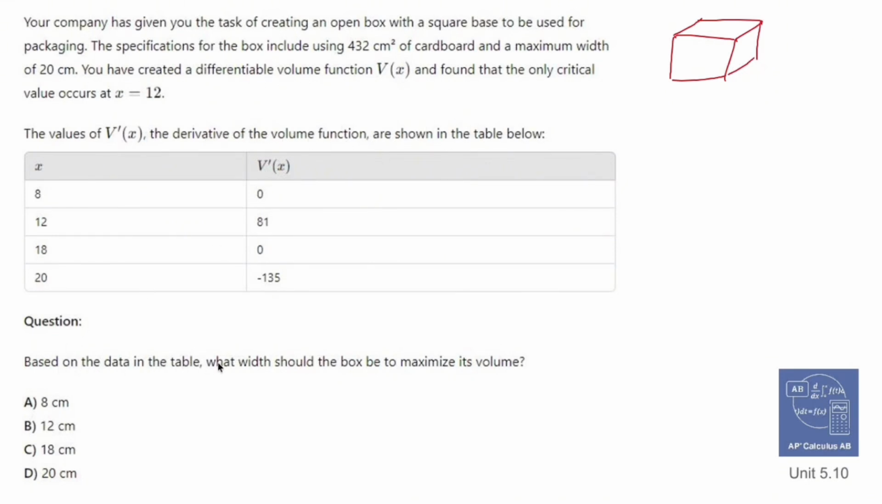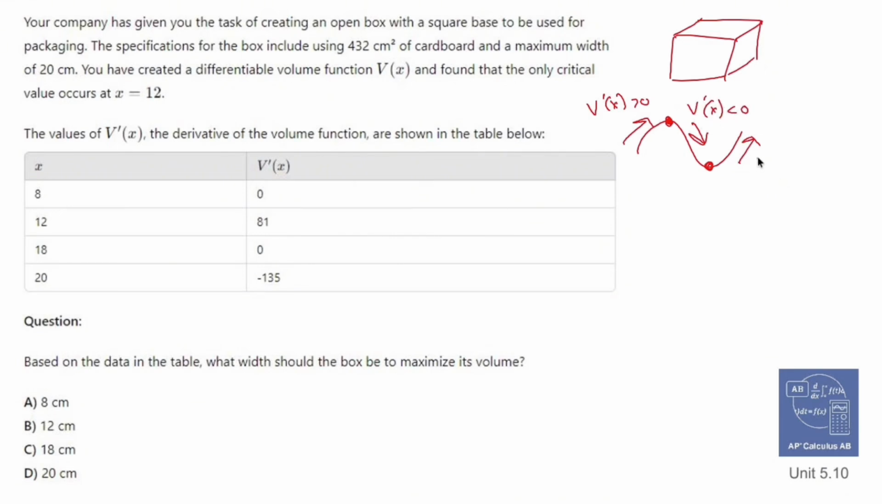Based on the data in the table, what width should be used to maximize the volume? Now, whenever you're looking for maximums and minimums, in this case we're looking for a maximum, you're thinking of a relative or local maximum, or local minimum if I wanted to add to it. That happens when you go from increasing to decreasing or decreasing to increasing, which means it happens when your derivative, V prime, goes from positive to negative,